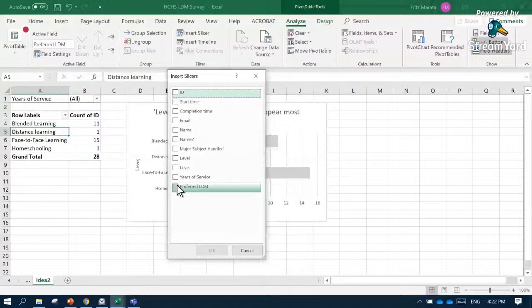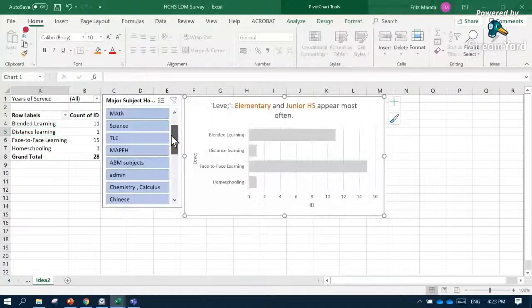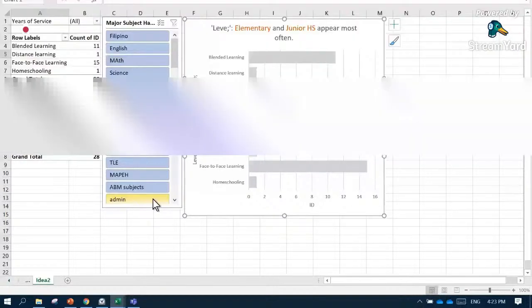And we have here your answers: Filipino, English, math, science, and so on. We also have Chinese language, chemistry, calculus there. So it will automatically be viewed by the slicer for you to further filter the data in our pivot table.